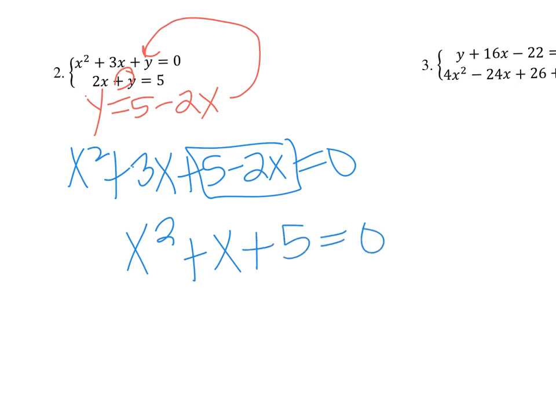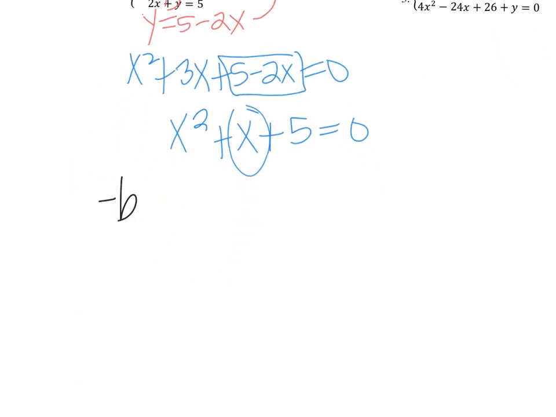Okay, so I'm left with a quadratic. Well, it's a good thing you know how to solve quadratics. All right. You can't use factoring for this one or the square root method, so you'll have to go for the completing the square or quadratic formula. I would not recommend completing the square because this term in the middle is not even, because remember, you're going to have to divide that by 2. So I would not do that. I would go ahead and use quadratic formula,